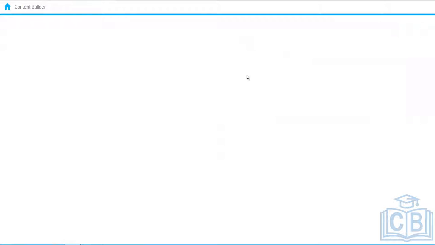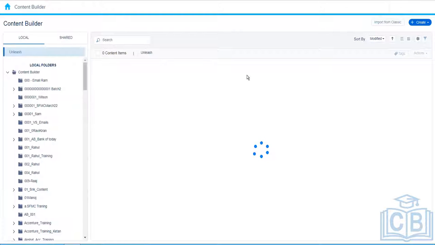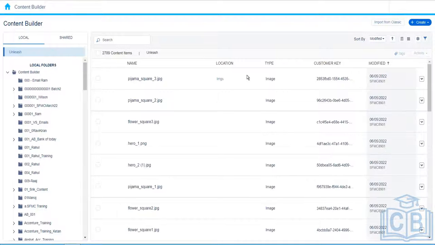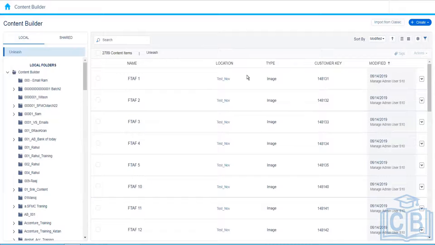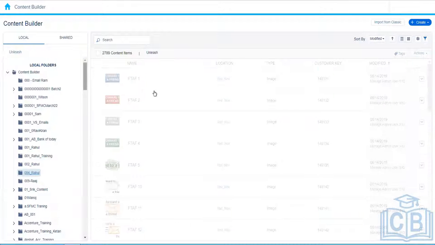Thank you. In the last session, we discussed the different types of content blocks that we have. Now the next step is to combine those content blocks so that we can create one email message, because that is something we are going to deliver to the customers. We cannot deliver the content block by itself. We have to create one email message which contains these content blocks so that we can send the email message. Let's move on to our folder, and here,